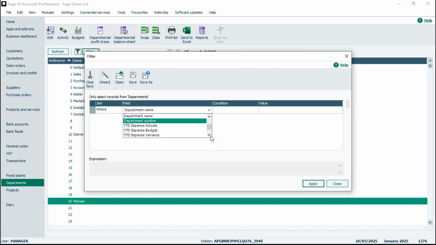Now you could obviously click on the drop down and scroll down for it, but if you know what the field is actually called, you could type the first letter of that and it'll start scrolling through those that begin with that letter. So we do where department name is not equal to, and then in the value, I'm going to leave it blank. So what I'm looking for are departments where the department name isn't blank. So if I then apply that,